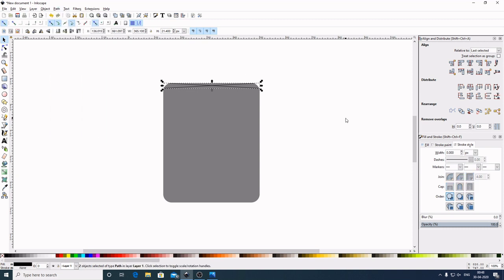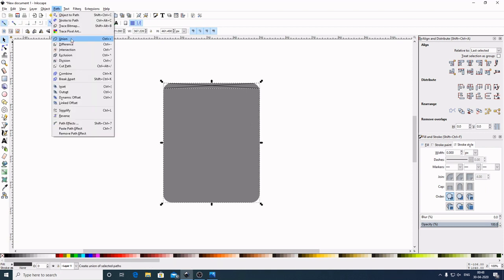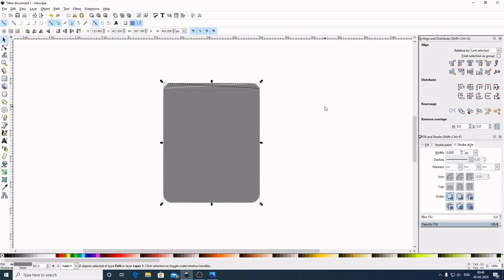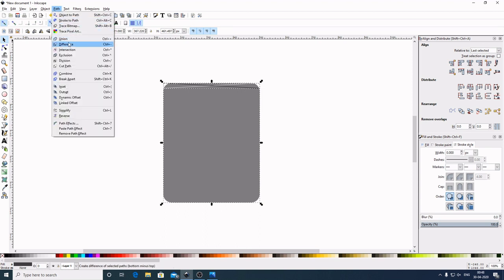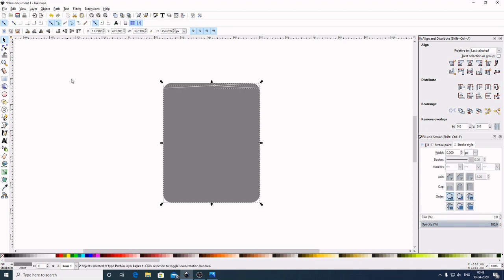Now select out of the graphic to deselect. Now select one stroke. By holding Shift on the keyboard, select this graphic. Now come here to the Path, Difference, Path, Break Apart. Now select out of the graphic to deselect. Now again select this stroke. Now by holding Shift on the keyboard, select this graphic. Now come here to the Path, Difference, Path, Break Apart. Now select out of the graphic to deselect. Now grab over this upper graphic, press Delete to delete this section.